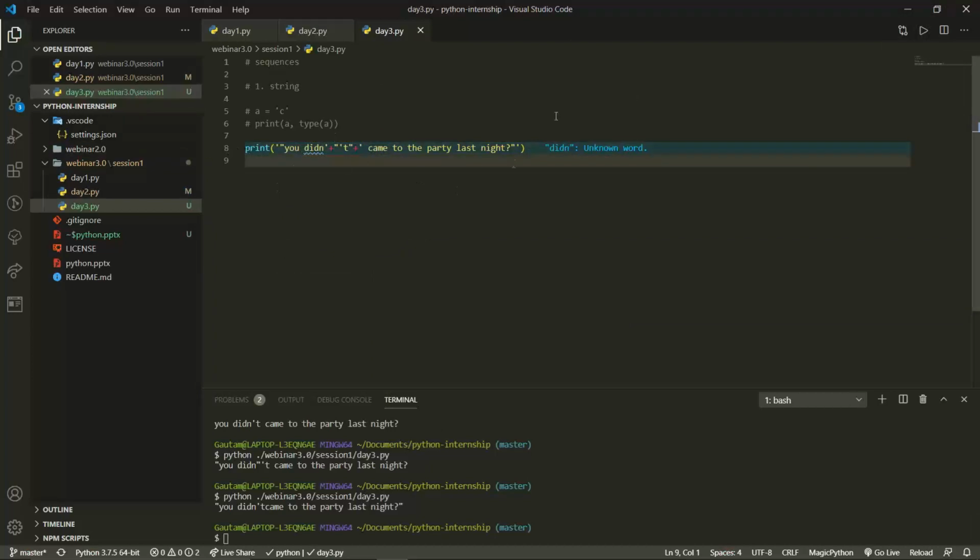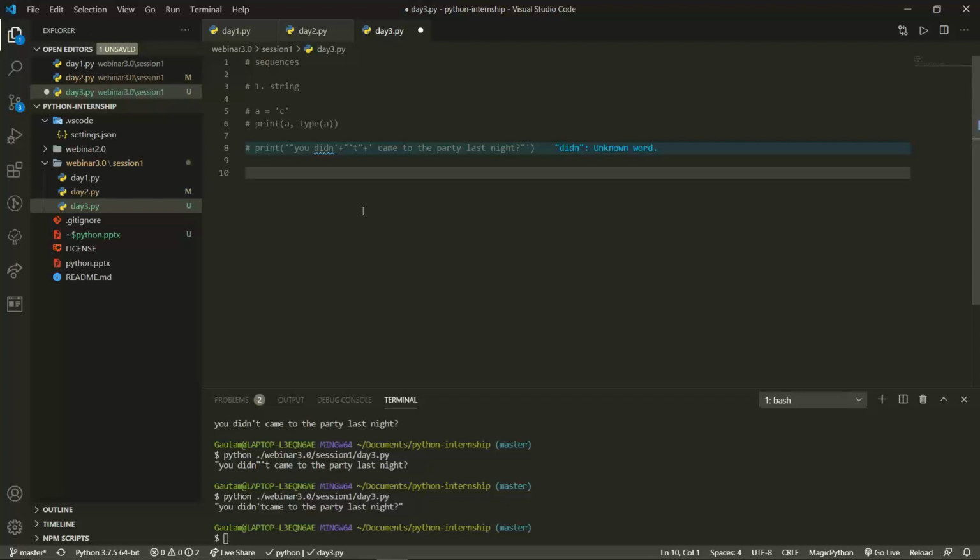For example, I told you about the new line character. In the same way, I will just comment this out and take a simple statement. Like I have a variable C, and over here I have used double quotes, and inside that I want to write, he is a good guy, full stop.